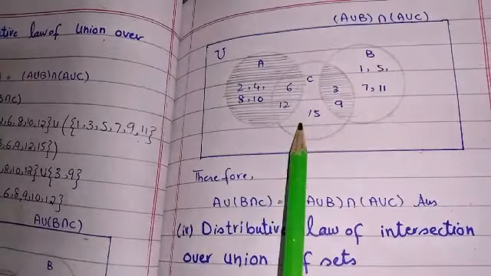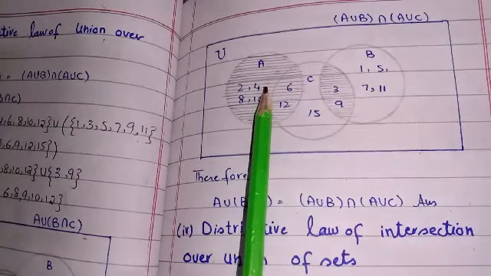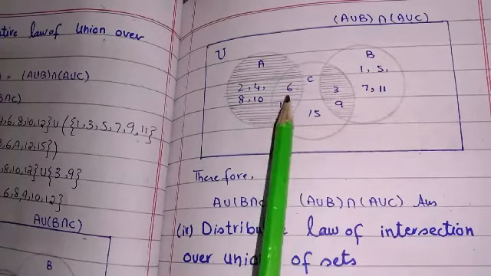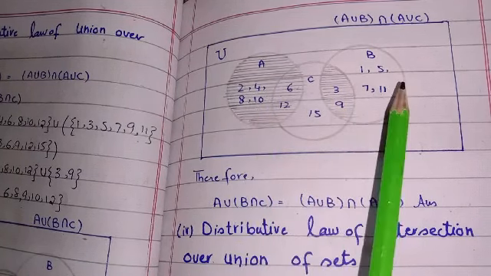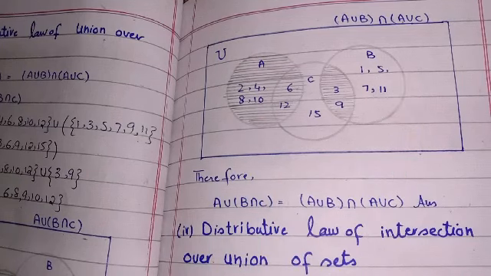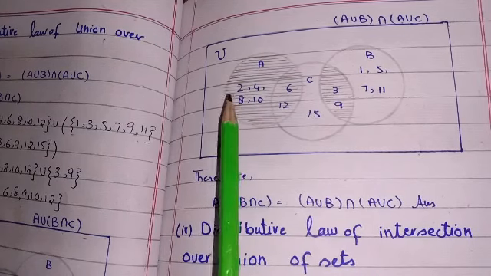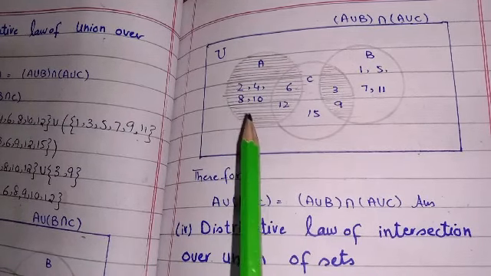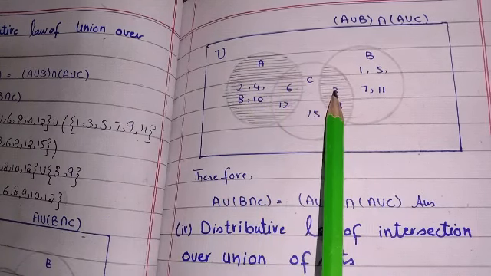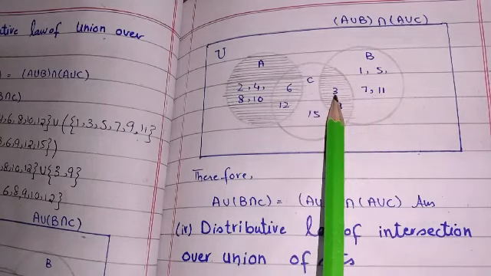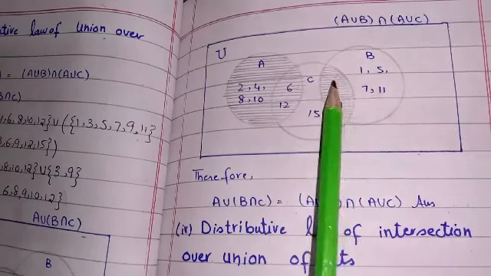Now students, here is our Venn diagram for A union B intersection A union C. This is our universal set, and this is our A set, B set and C set. In the overlapping area we will write the common elements and all the elements of the respective sets. Students, I told you in our previous part that we will shade only the area which has elements of our answer. So we will shade complete A and the area of B and C which is common, having elements 3 and 9. So we will shade this complete area and this area.